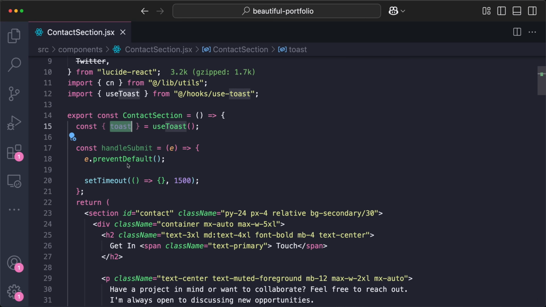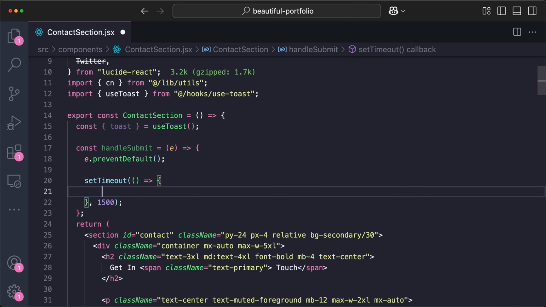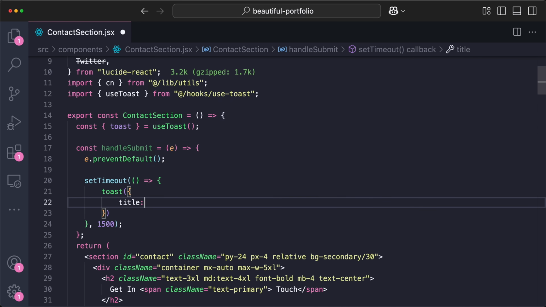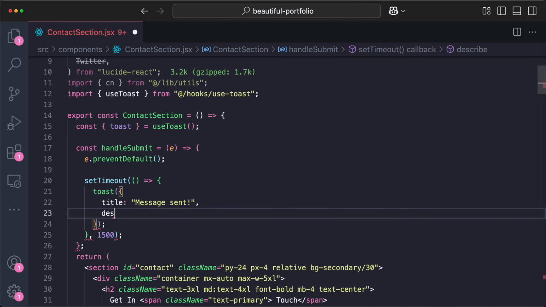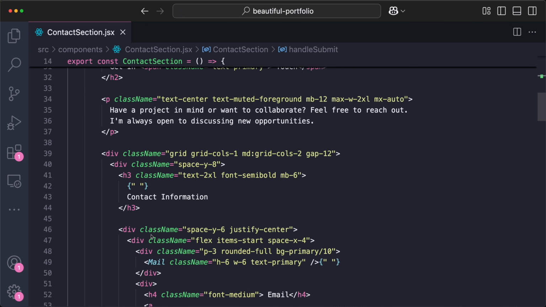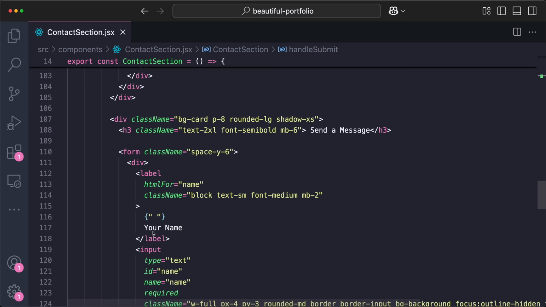And now what this does is when you want to emit a toaster, you just come over here, you call the toast function, and you pass some information. Like, for example, what is the title of the toast? Which will say something like message sent, an exclamation mark, and then we'll put a description, right? So something like, let me see, I hate when it autocompletes incorrectly, but yeah. Thank you for your message. I'll get back to you soon. So you'll see that if we pass this as an onSubmit to the form, let's go down to the form,